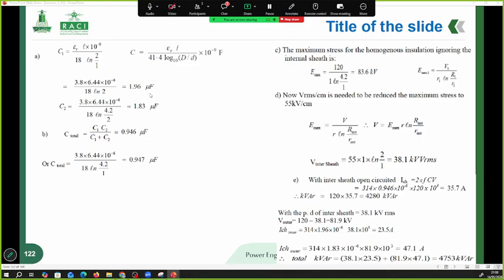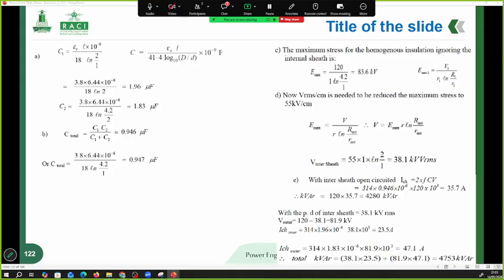different geometrical proportions. So next, since the two dielectric layers are effectively in series, the total capacitance is obtained using the series combination formula. This yields a total capacitance of approximately 0.946 microfarad. The slide also verifies this result by directly applying the capacitance formula across the entire insulation thickness from the conductor to the outer sheets, giving a consistent value of about